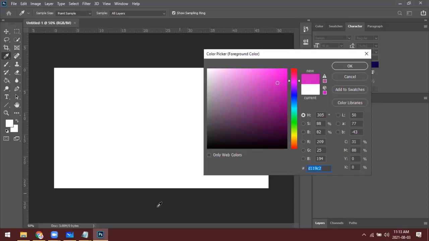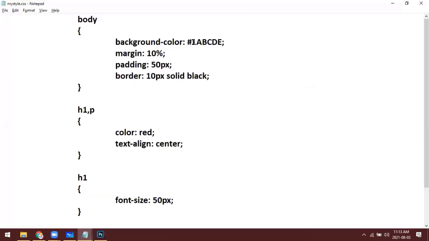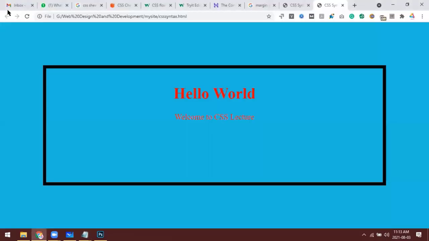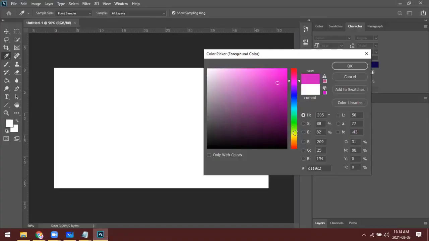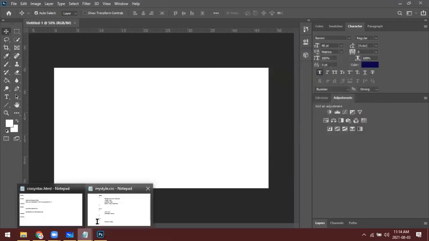So you can simply copy it and paste here with a hash. Then you get that color. Otherwise, here is the RGB value. So usually we use the hexadecimal value. So for your information, I told that we can use color in 3 ways.